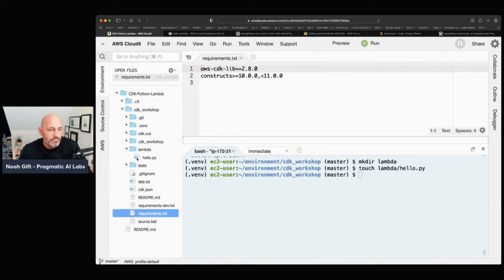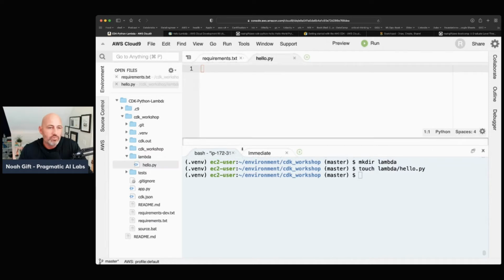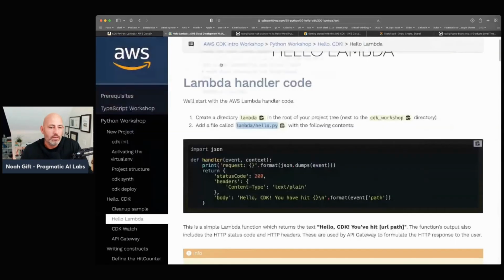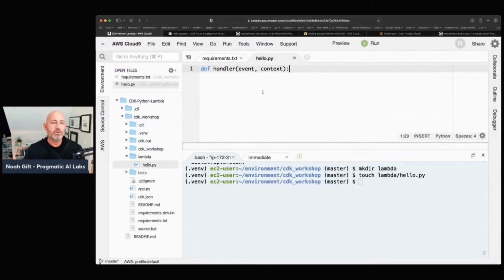So what I'm going to do is open it up in this IDE. And this is really where it comes in handy to have the IDE available for us. I know a little bit about writing lambdas here. All I really care about is the handler name, which is the most important part. And the way the handler works is that it'll accept an event and the context. The event is the payload that you're going to receive from some kind of trigger, like, for example, a web service.